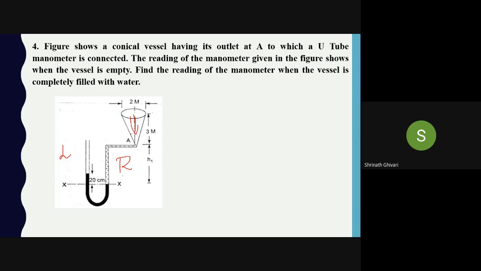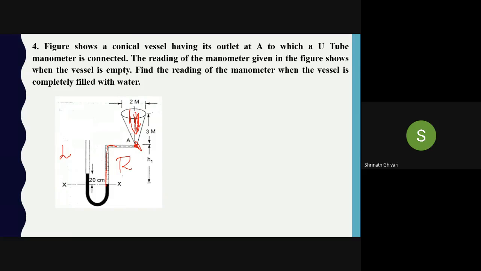to a U-tube manometer. I'm going on putting water in this, so that water will apply some pressure. Before that, I didn't put any water here. Understand this. Before there is some water that is applying some pressure. That pressure I have calculated in terms of H1, that is meter of water.